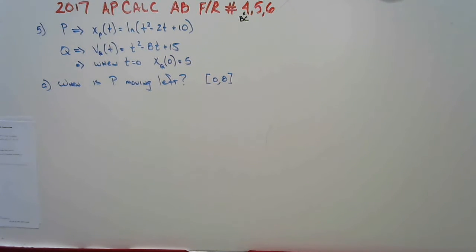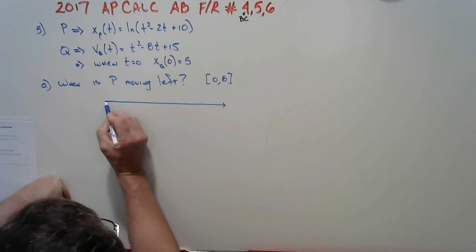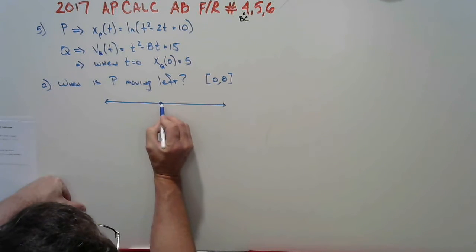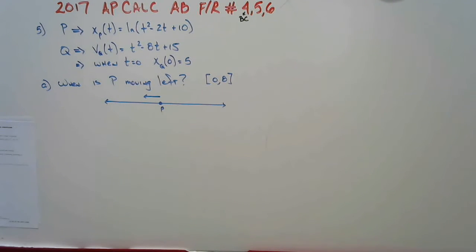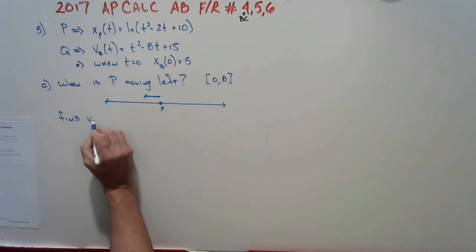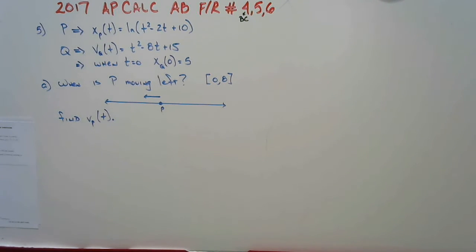Well, what do we need to know if it's moving to the left? We need to know its velocity, right? Because if it's moving left, here's a number line. We don't know where particle P is. Let's just say this is particle P. If it's moving left, that means its velocity is negative because it's going to the left. So we want to find V of particle P. Now, we don't know V of particle P. They didn't tell us V of particle P. They told us the velocity of particle Q, but they asked us about particle P, so we're going to have